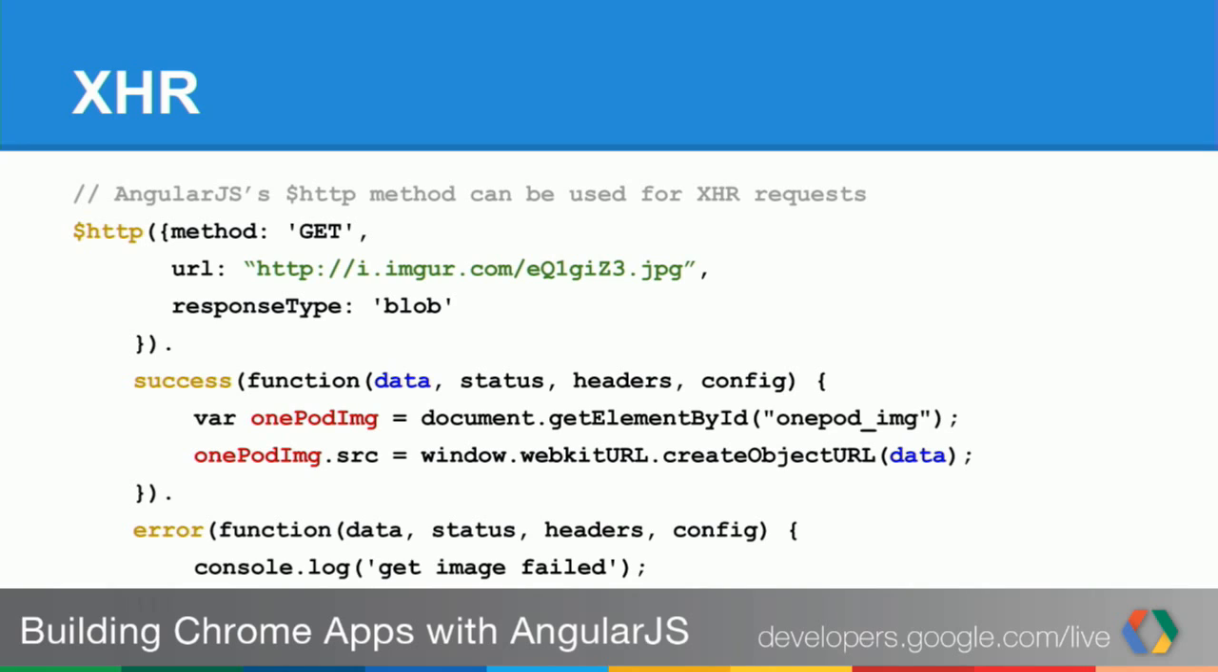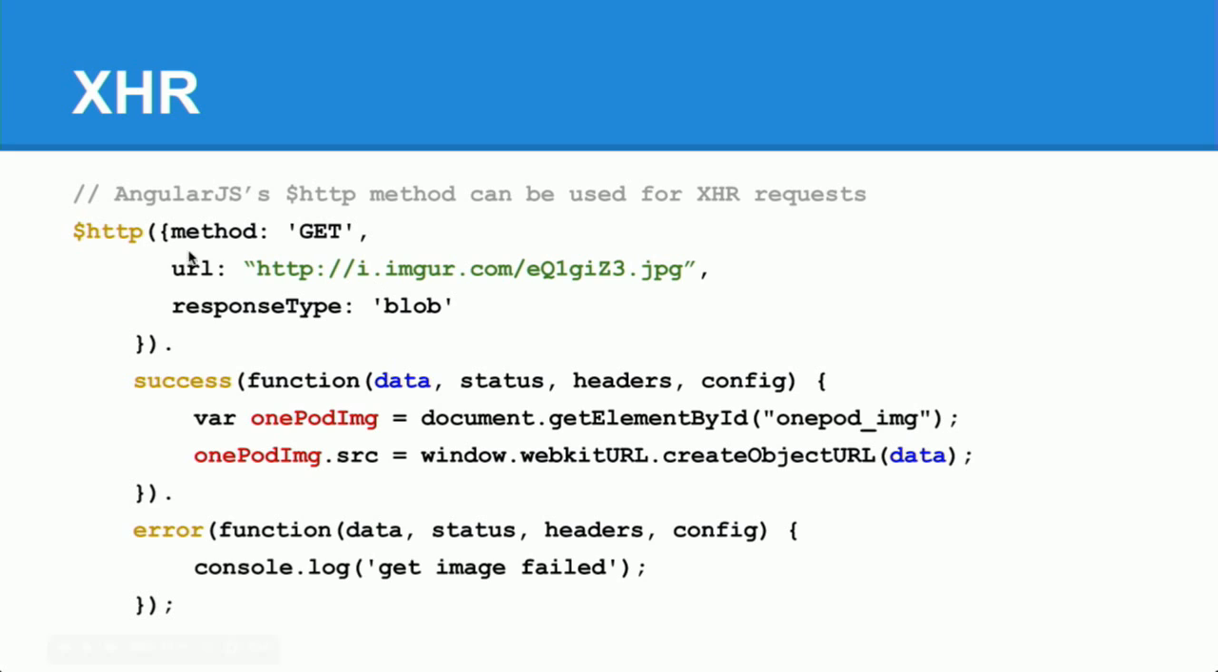And so here's what you can use to get, say, an image. This is an example of getting an image out of Imager. So I'm going to set it up with just a regular HTTP. This is Angular's HTTP thing that can be injected into your app. I'm going to say the method's get. Here's the URL, and it's going to be a blob response, so that I can actually set it as the